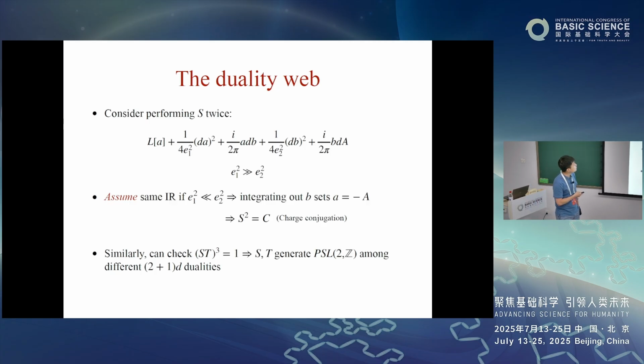Only if we assume that these two limits can be exchanged, which is an assumption that normally we have no idea how to really justify. So that's a subtlety that most of the time we don't worry about, but occasionally we may want to keep in mind, because it means that even if one of the dualities is true, if for some reason these two limits cannot be exchanged, then the other dualities may not be true.